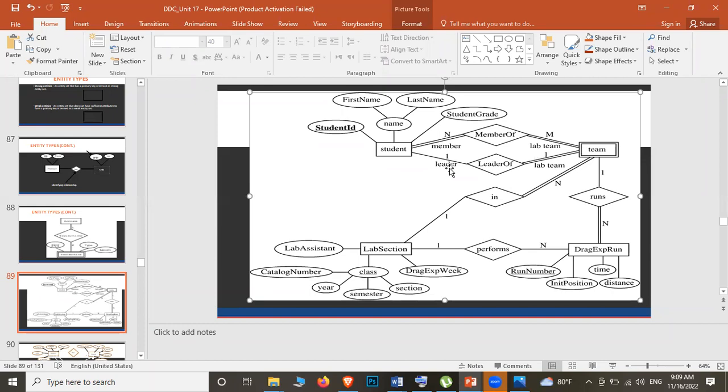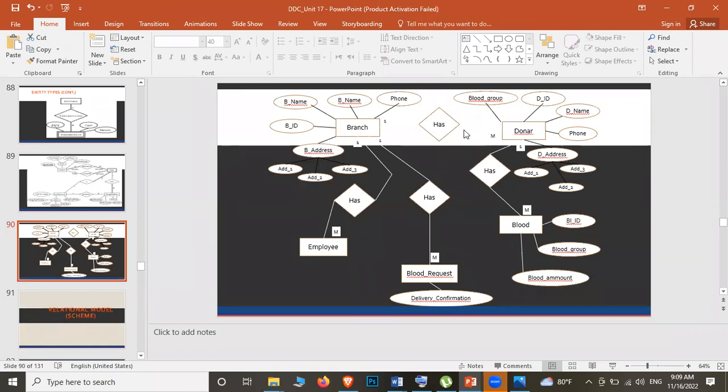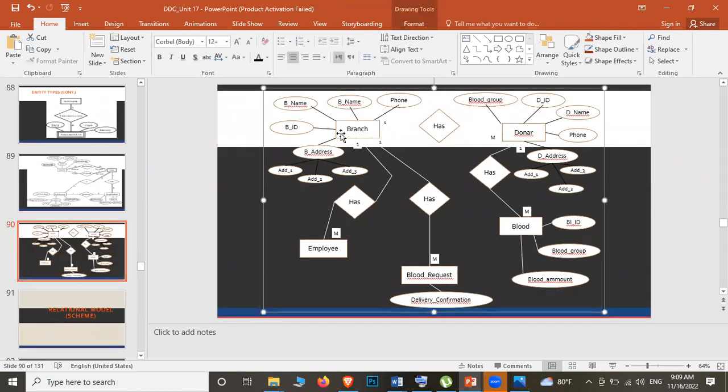This multi line is used because either there can be a relation here, or the entity can exist without it. Still the student can exist without this. A student can just come, watch, and go, right? They come to school anyway, they watch, they study anyway, but they are not in the team. Understood? So that is that kind of relationship. And then there's another relationship diagram which has been given.